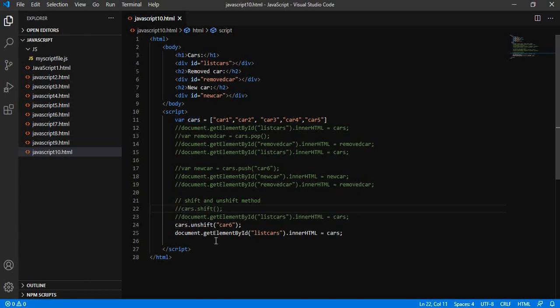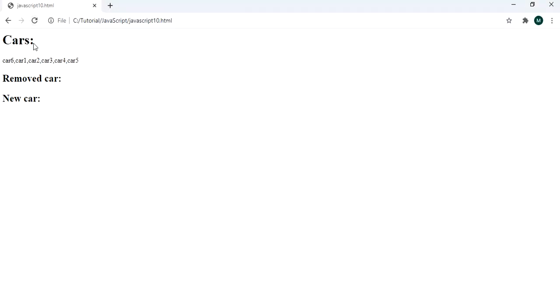Let's see what will happen. So it has added the new element, and the unshift method returns the new array length, that is, the length incremented by adding the new element.